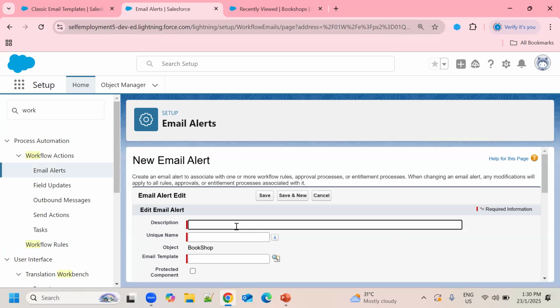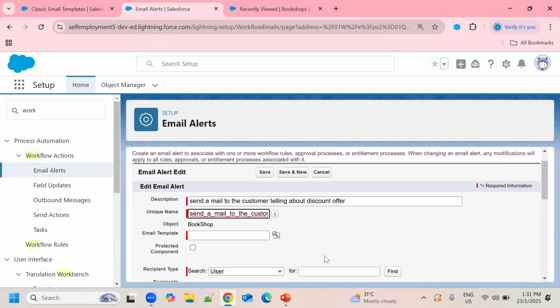For the description: send a mail to the customer telling about the discount offer. You can give it as per your requirement.